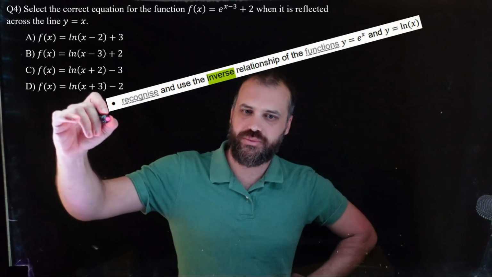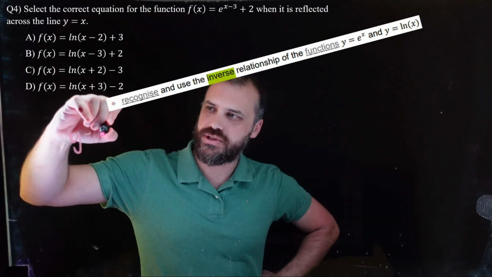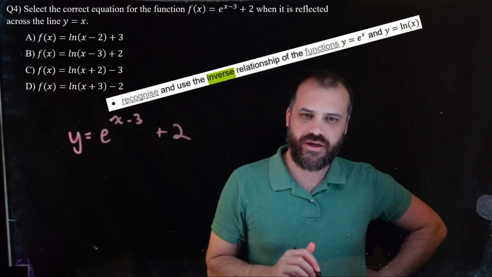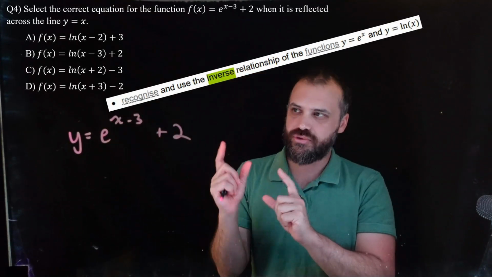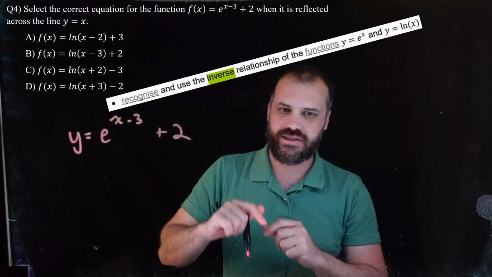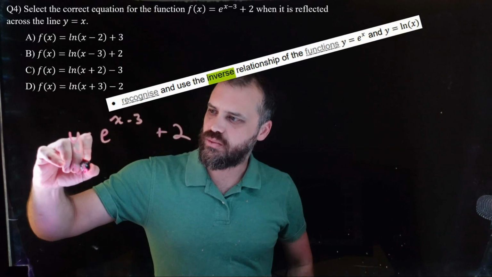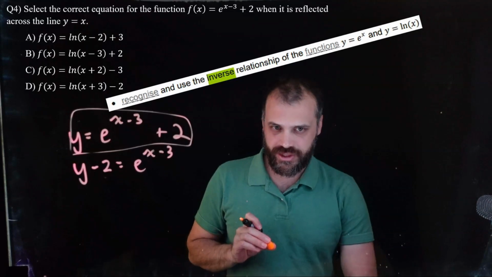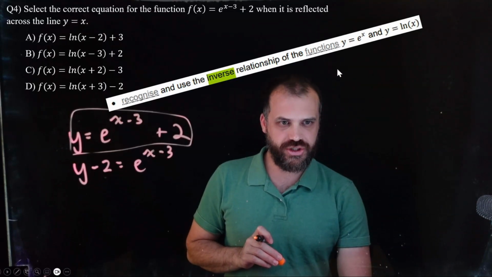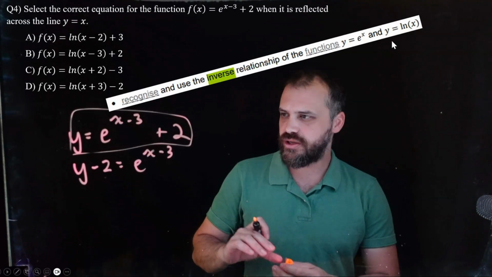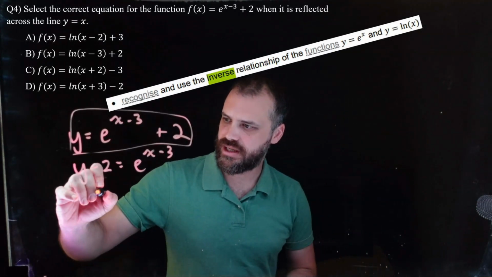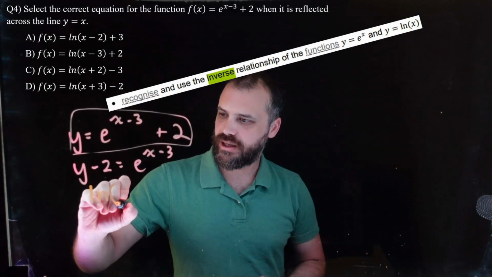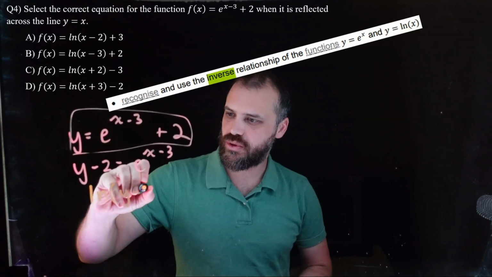So the original function that we've got here is y equals e to the x minus 3, plus 2 on the end. Okay, and now we rearrange this to make x the subject. So that's going to be y minus 2. Now the key here is to use this inverse relationship of these functions, right? So we can rewrite this function as ln, so log base e, bracket, whatever this part is, y minus 2,